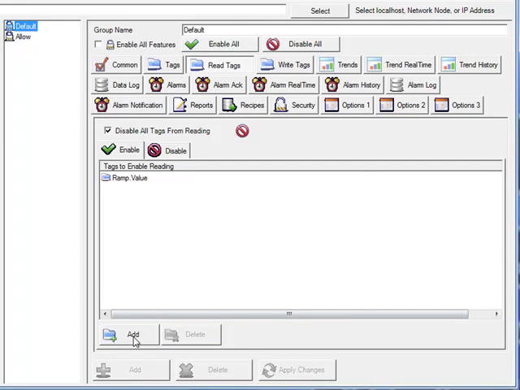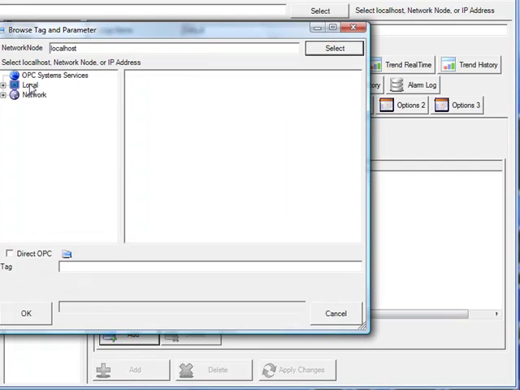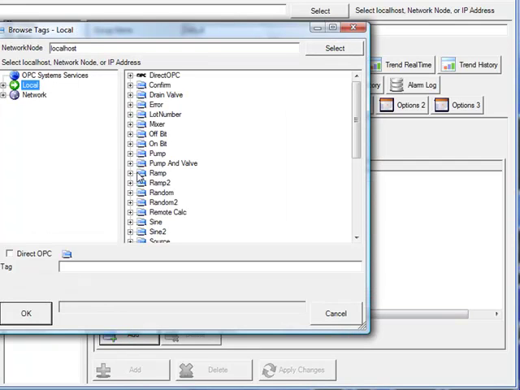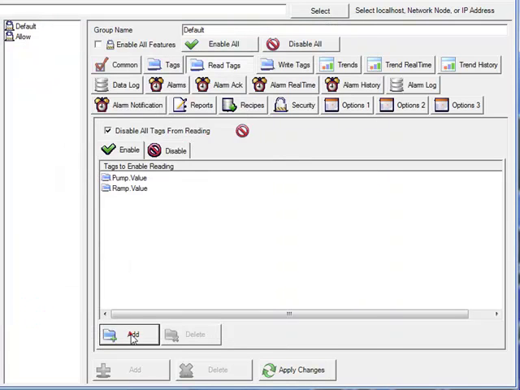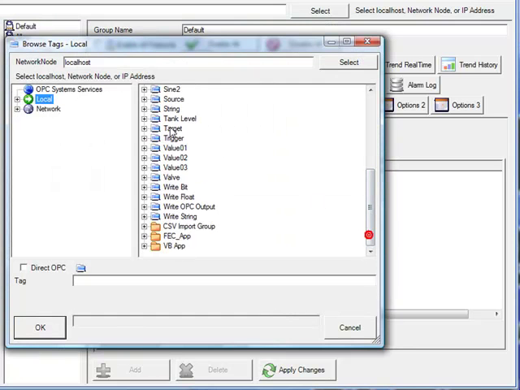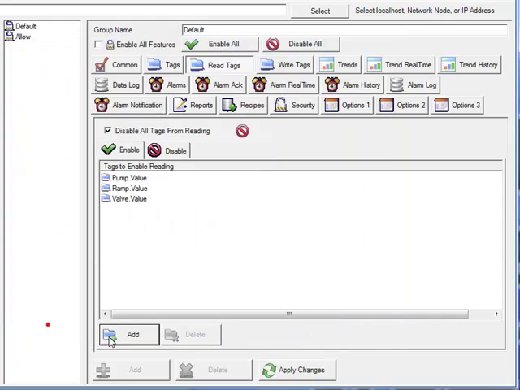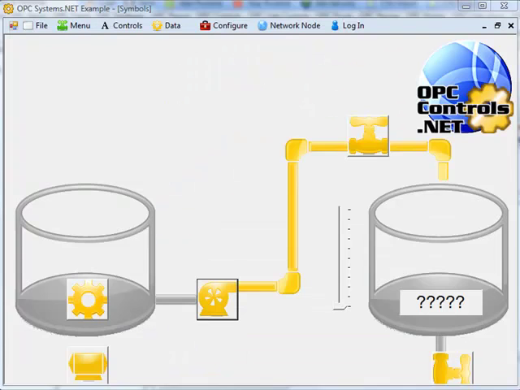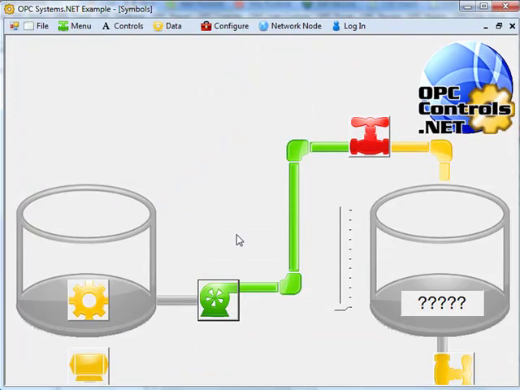Now let's go back to the security configuration and select the default security group. Under the Read Tags tab, let's add a couple more points to allow all users to be able to read. Let's add the pump signal and also the valve signal. Apply those changes, and then under the example application, we see that the pump and the valve both show